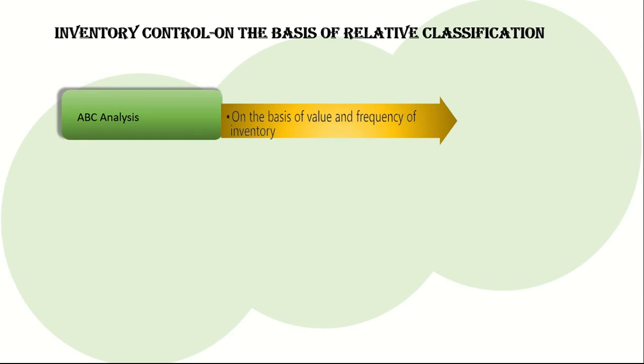1. ABC analysis. This system exercises discriminating control over different items of inventory on the basis of the investment involved. Usually the items are classified into 3 categories according to their relative importance, namely their value and frequency of replenishment during a period. A category: this category of items consists of only a small percentage, about 10% of the total items handled by the stores, but requires heavy investment, about 70% of inventory value, because of their high prices or heavy requirement or both.